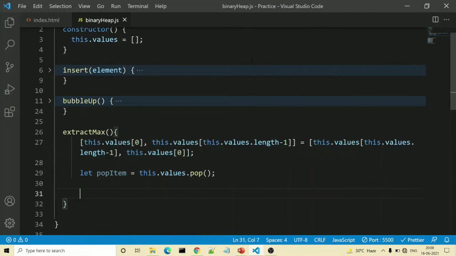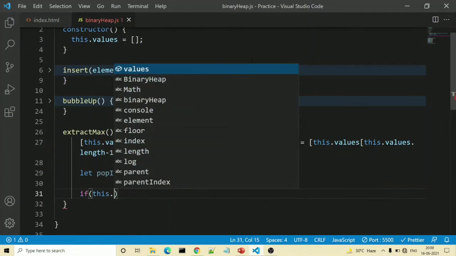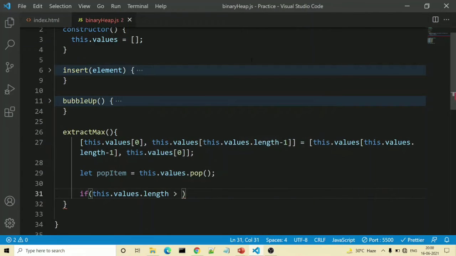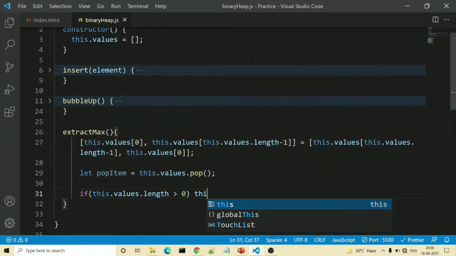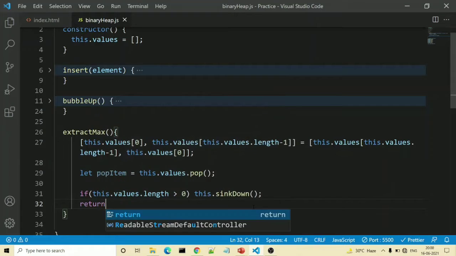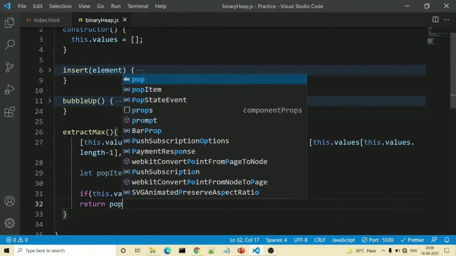So we will do if this.values.length is greater than 0, at that time we will call our sink down method, this.sinkDown, which we need to define. After that, once our sink down method works, we need to return the value as well, and that will be our popped item. So we will write that here.